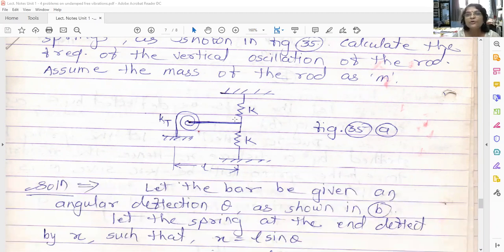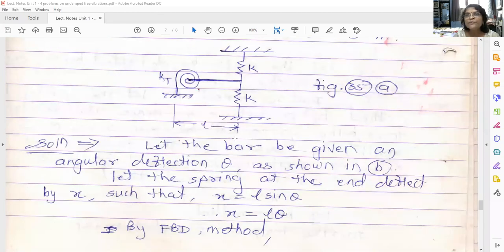So this is your system. When you apply a force at this end, what will happen? This complete system will vibrate in the vertical direction. So again, we have to draw the diagram in the displaced position, assuming that at any time t, this rod, which is otherwise horizontal in the equilibrium position, moves in a vertical direction up and down when I apply a force here. That vibration or natural frequency we have to find out.